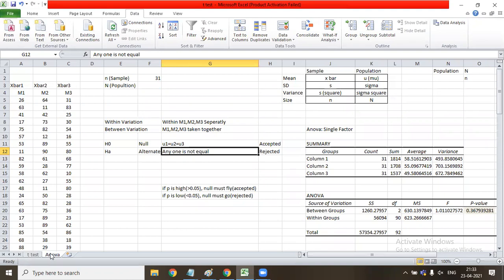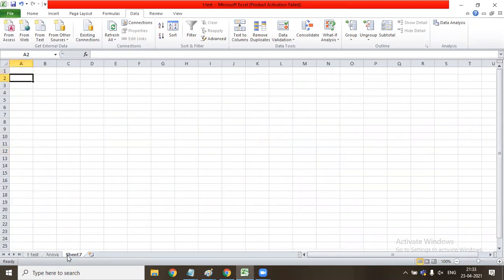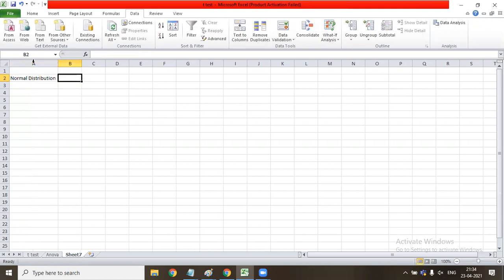Okay. So let me tell you what the different distributions are. I'll tell you the theory, because if I go to practical, it will be too heavy, but I'll explain some of the important curves to you. The first distribution that we have is the normal distribution. So let me type here.